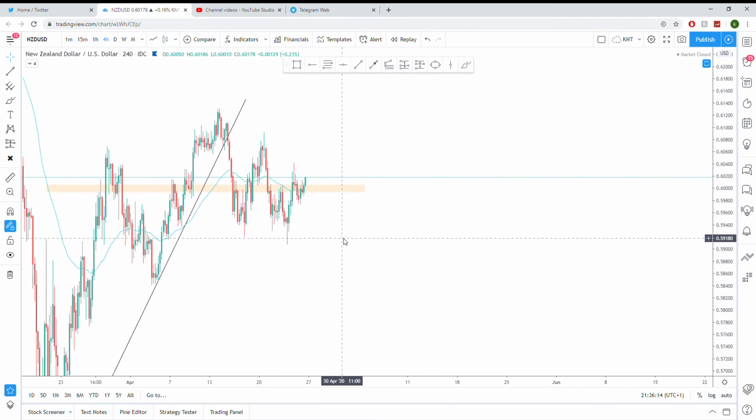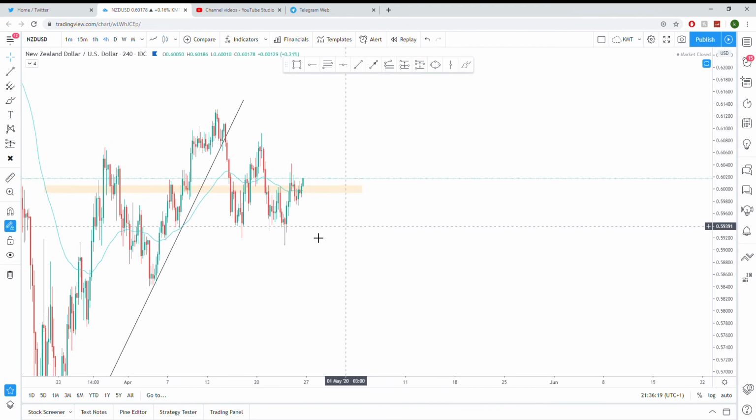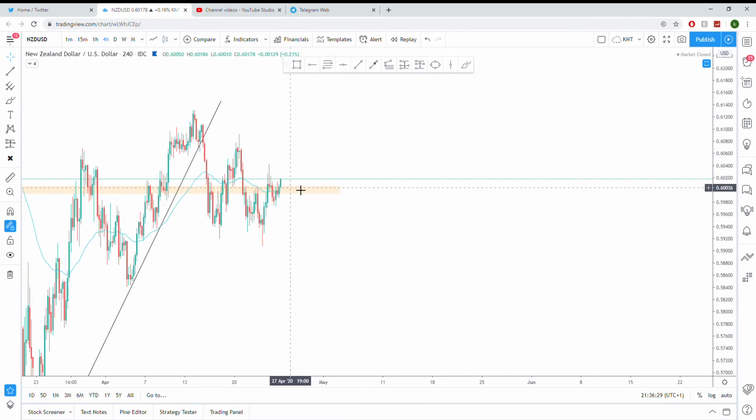So looking at New Zealand dollar to the US dollar, we can see the push to the downside, structure change to the upside, so very jagged movement here. So we're in a range bound, but we still capitalize on a short-term move. If we can see that we've had the push to the upside, had a pullback, we're on an up range. So if we close above this level here,